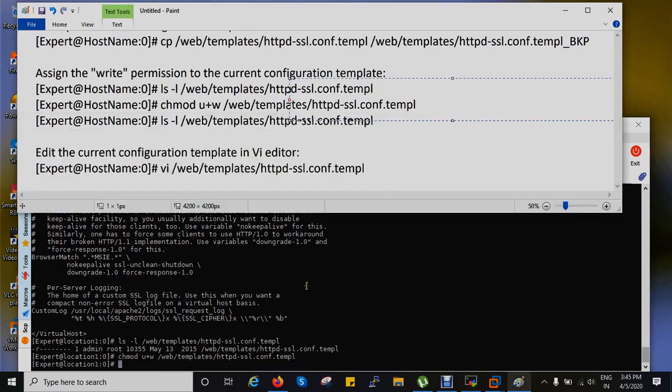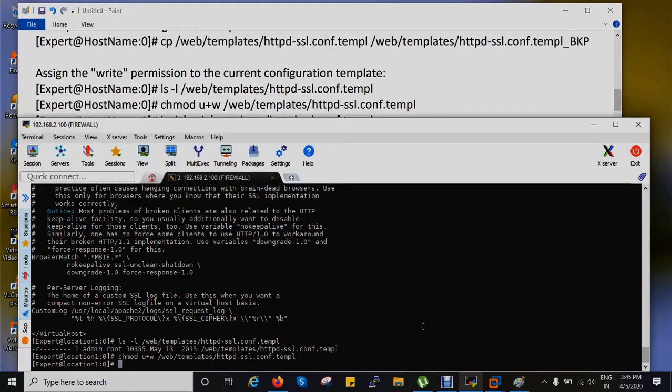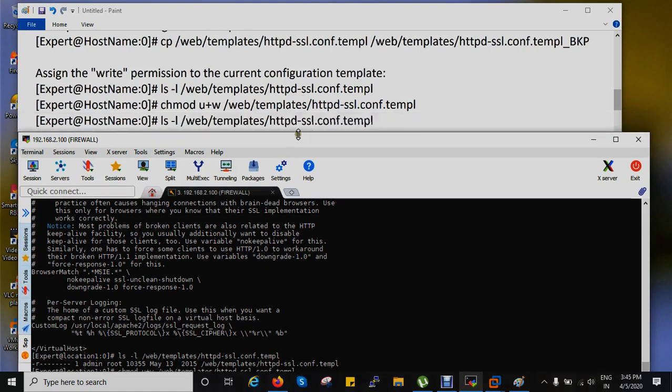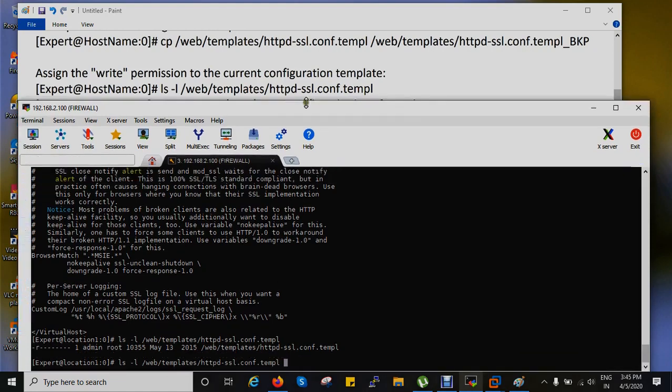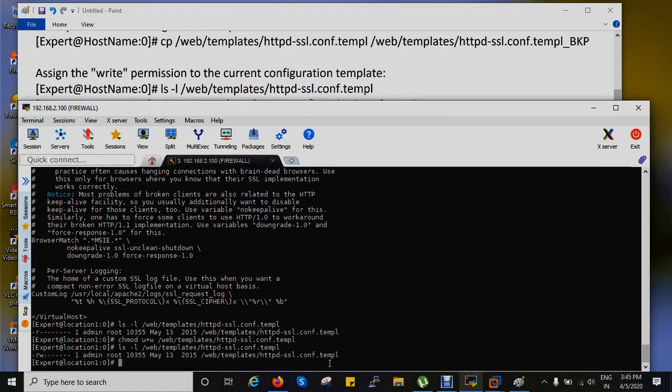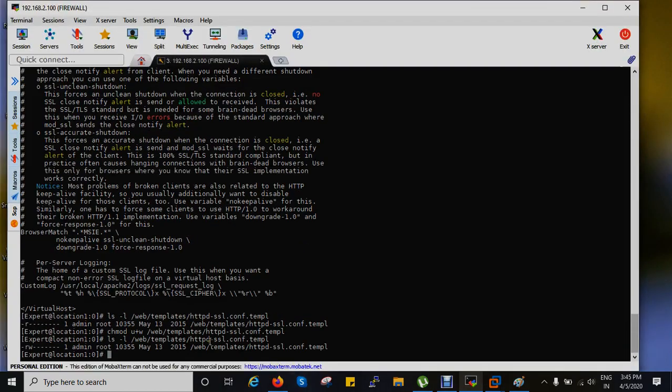Now earlier we had read permission, and now we have read and write permission here.